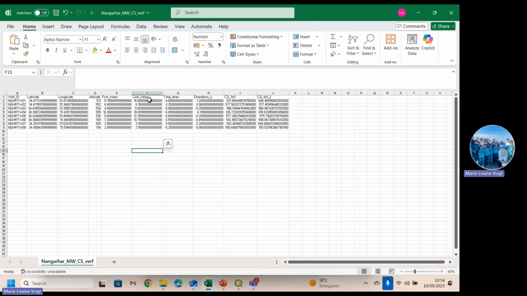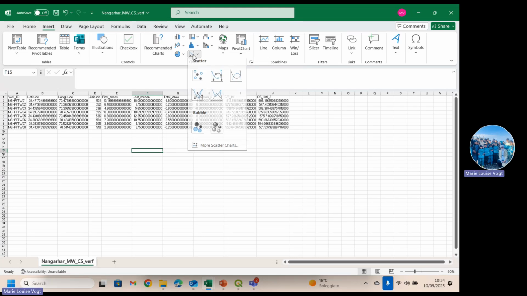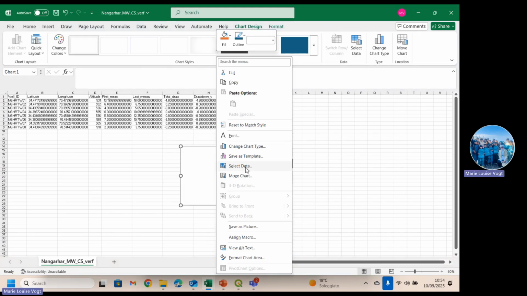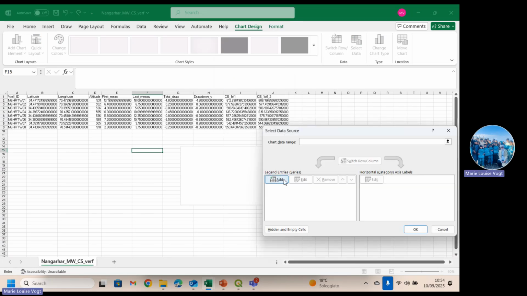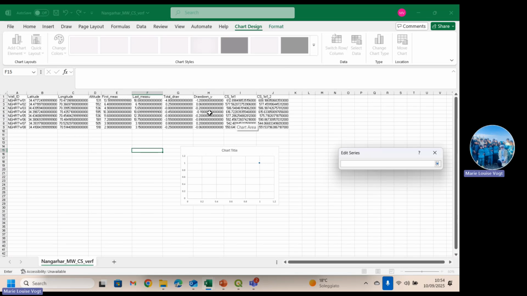And now the simple thing is just to insert a chart where on the X value I want to see the real measurements, which is my